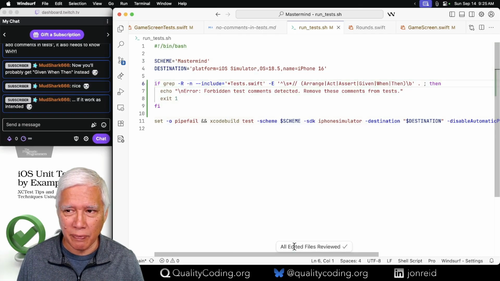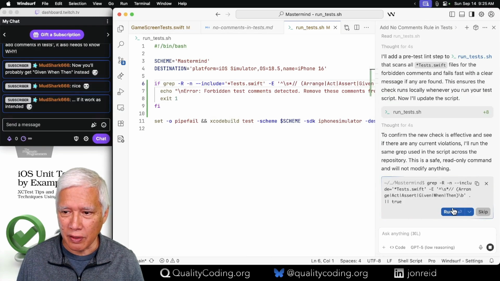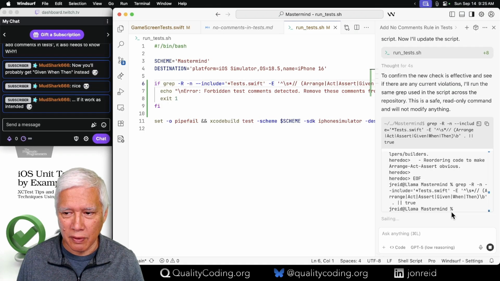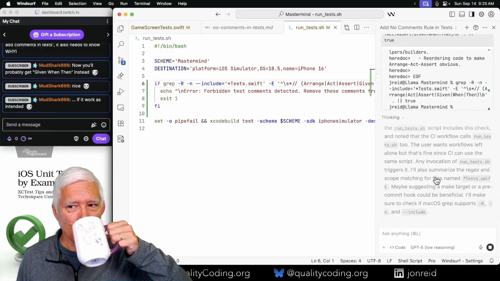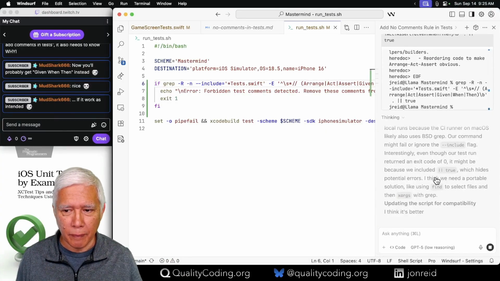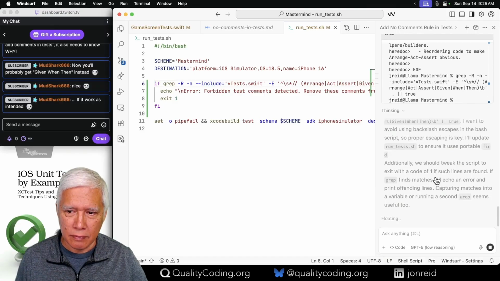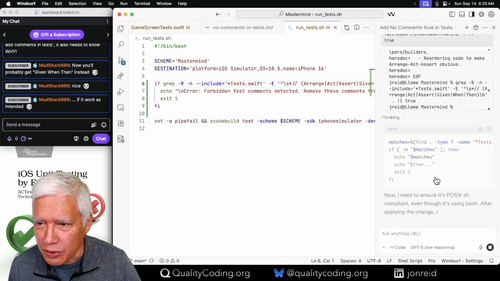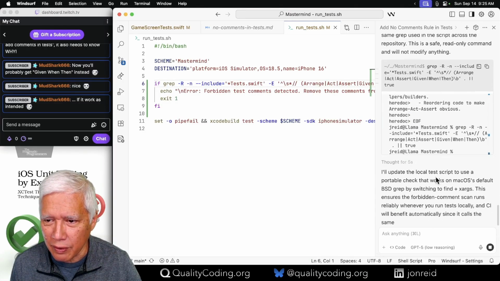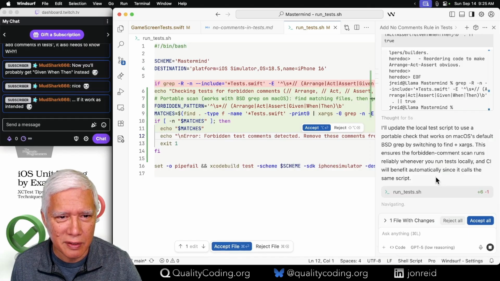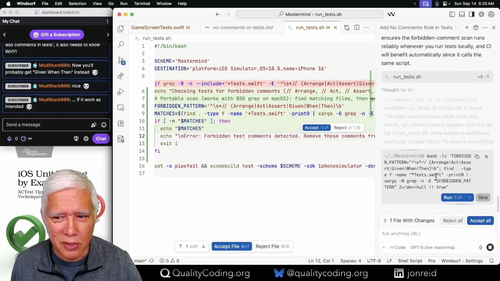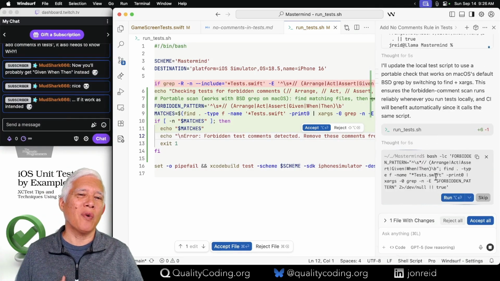With that, let's accept this file and give this a whirl. It's fast. That's good. What's it thinking? It's doing a whole lot. What? It's trying to make this script work across any